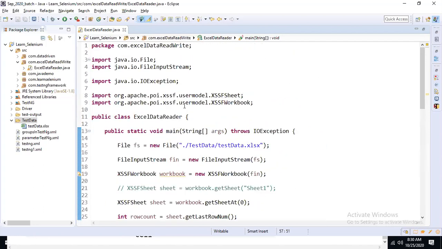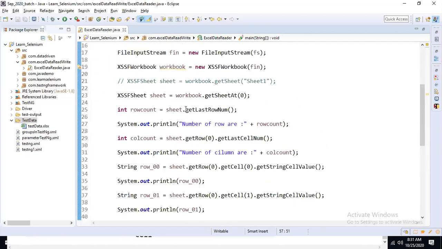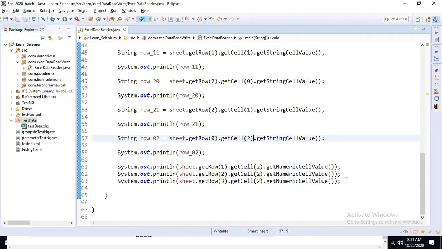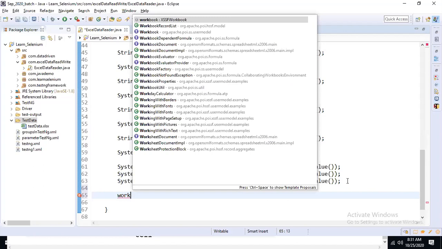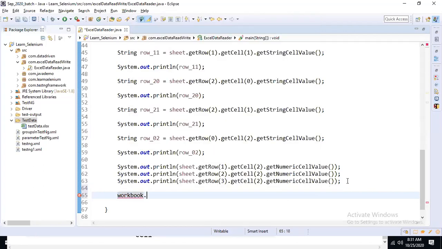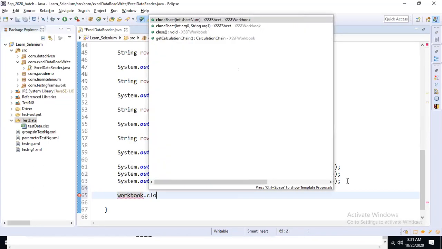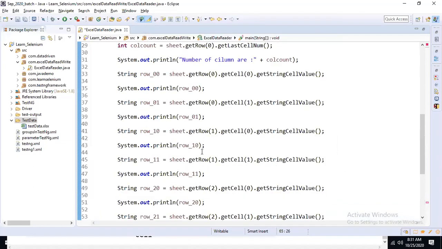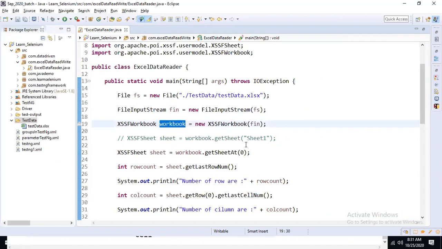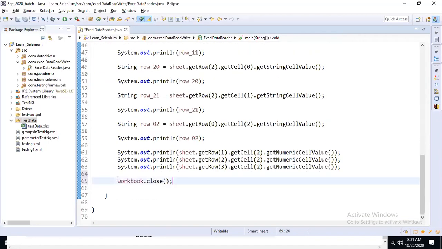Let's try to run this file and see if it can read the data or not. Finally, once you are done with this workbook, please close this workbook. Perform the close operation. Close the resource. Don't keep it open.